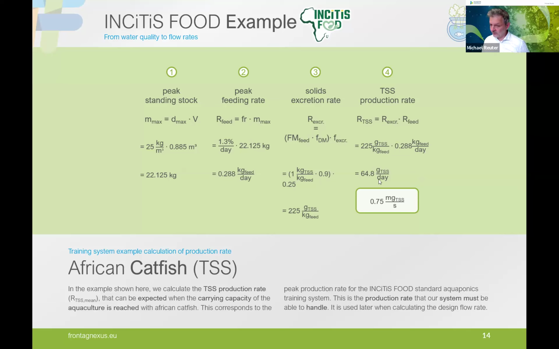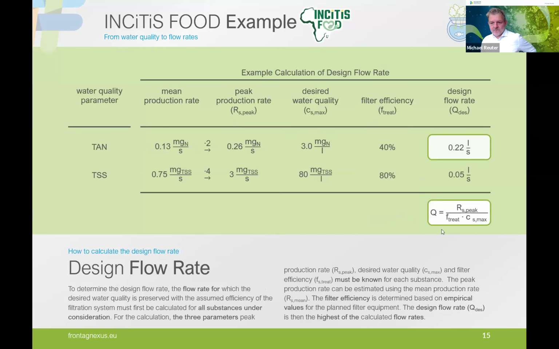And thus we can also calculate a rate per second for the production of the soluble solids. And then we have to take into account that these were the mean rates that I just calculated. So we have to multiply by 2 for the TAN and by 4 for TSS to get the peak production